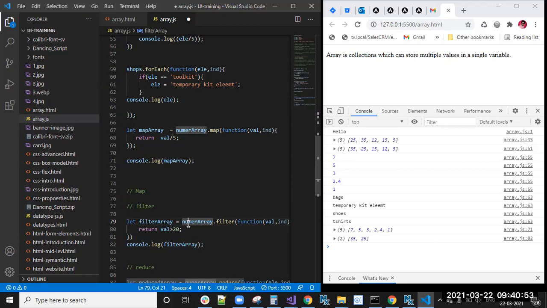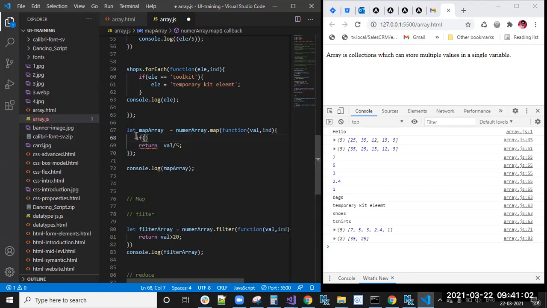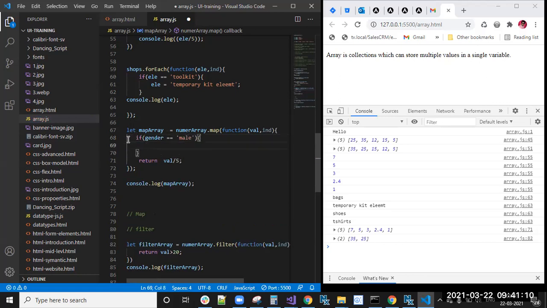They will tell you conditions like that, and inside the function we write them. If gender equal to male, then return Mr. plus name. Name is not there, but I'm telling you the condition is like this. If it is female, you can add Miss. Like that you can do.